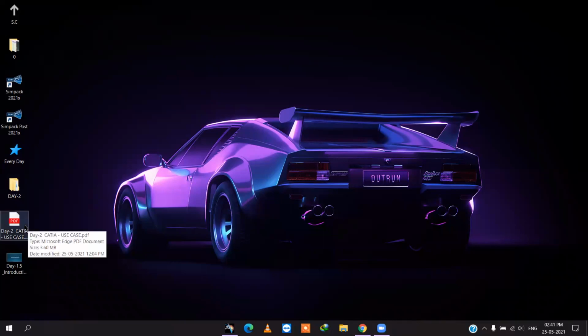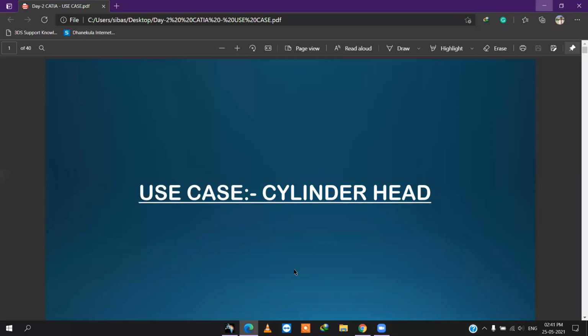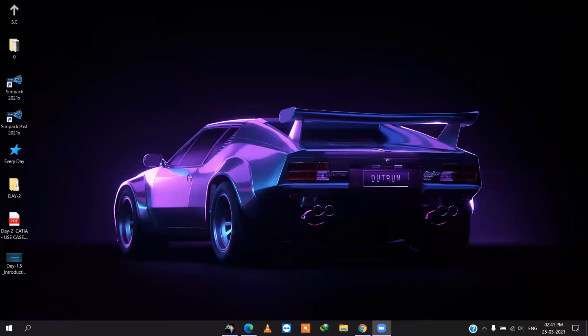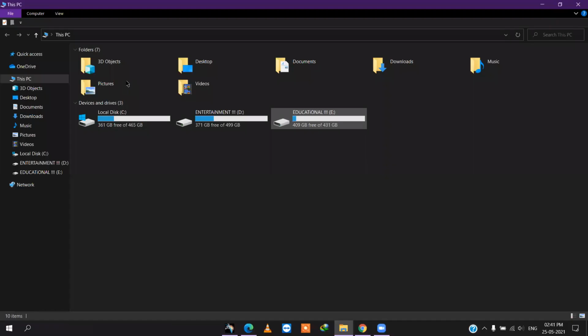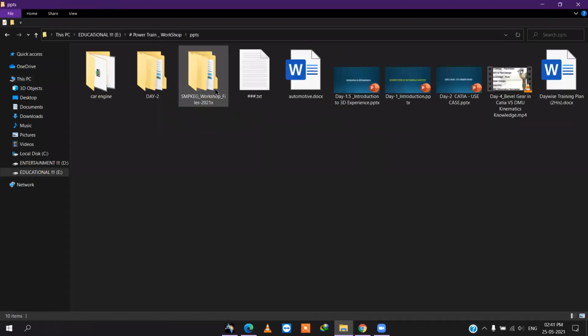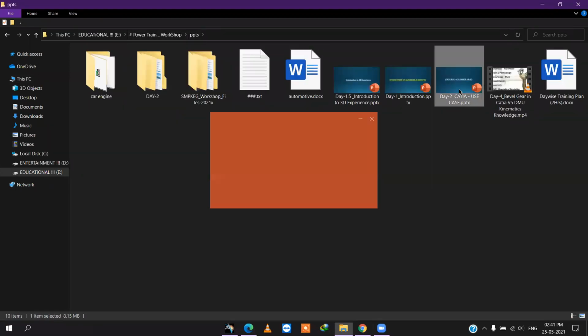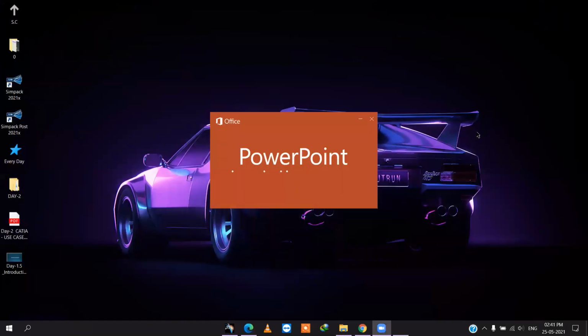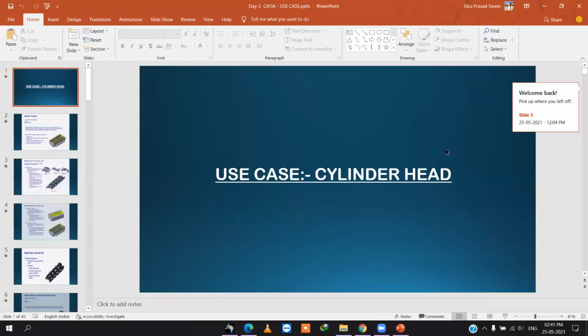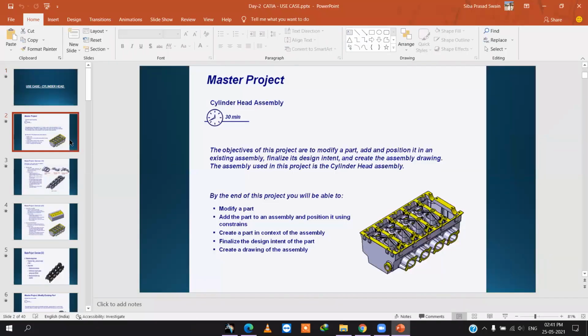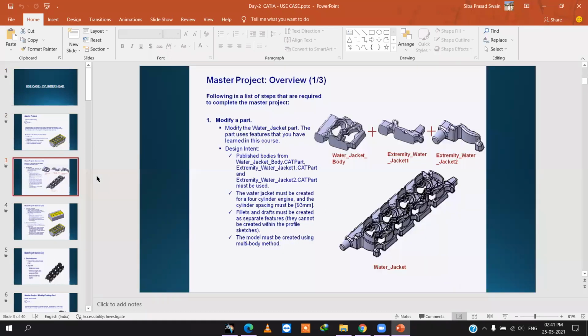Today we'll go through a use case for the cylinder head. Here the PPT is there also, but this one is not convenient to show you and do, that's why I have done it side by side.